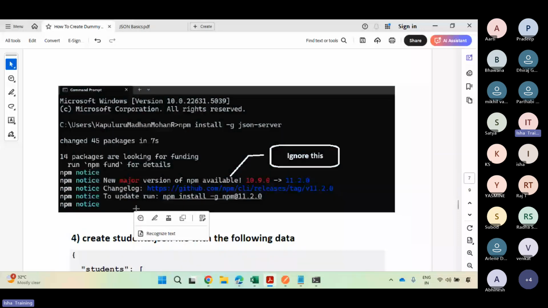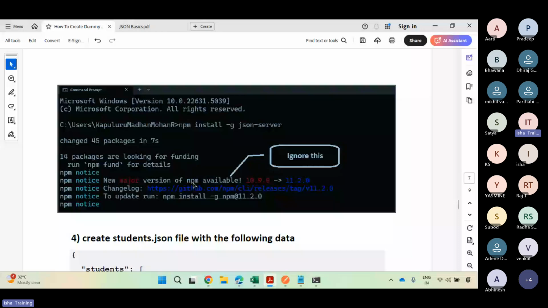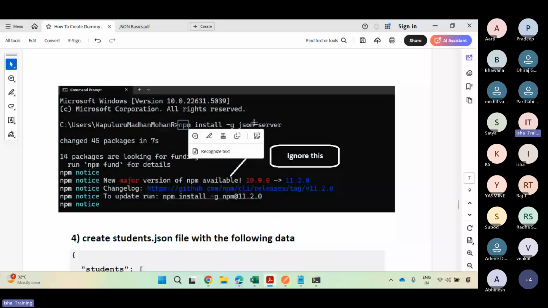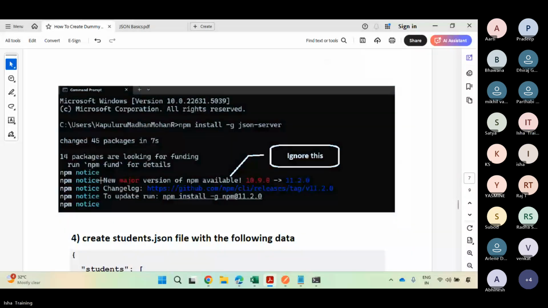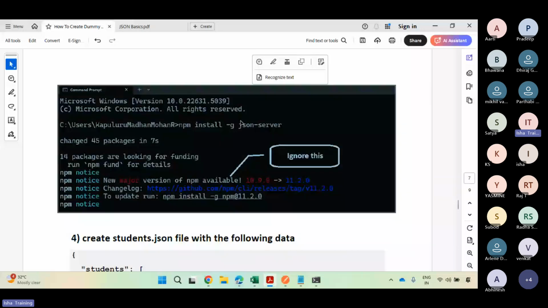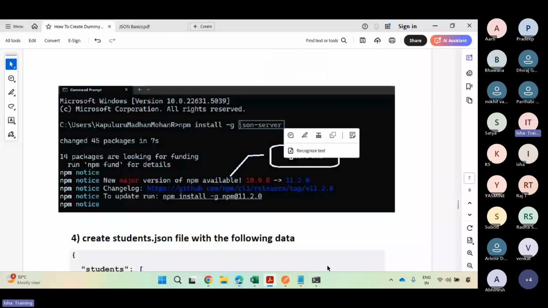You can also ignore this: new major version of npm available. If you have installed an old version of npm, and with the help of npm you are trying to install this JSON server, in Python also it will show you some information, like the latest version of pip is available. The same way here, you can just ignore that. So you can just install this JSON server. So we have installed